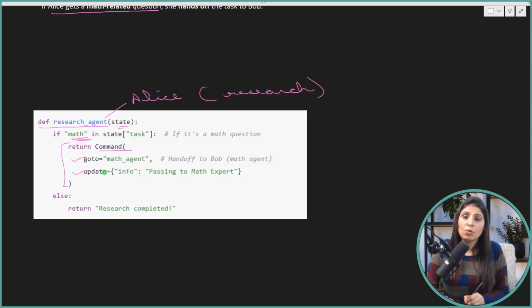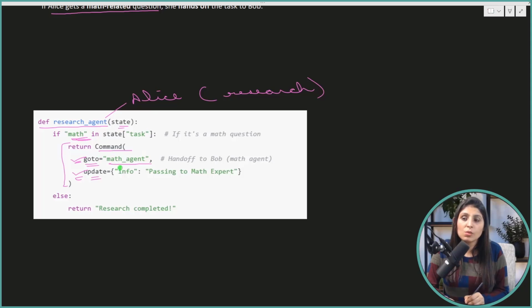Whenever you want to perform handoff between the agents, you need to provide these two things: goto and update. Goto means which node you want to hand off this task to. If math is there in the question of the user, then this task should be handed off to which agent?